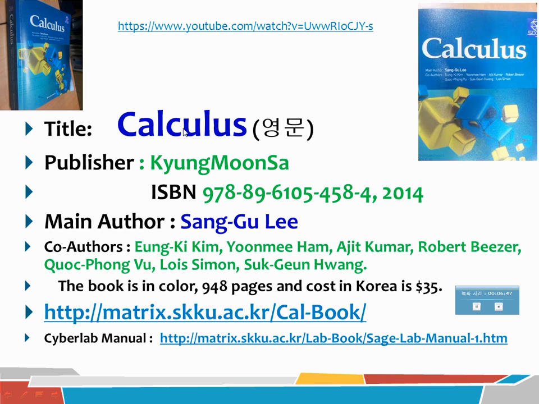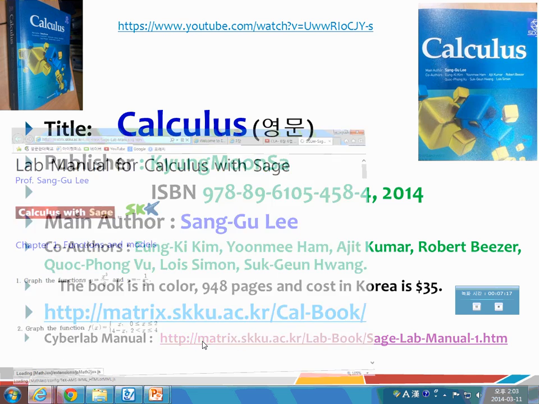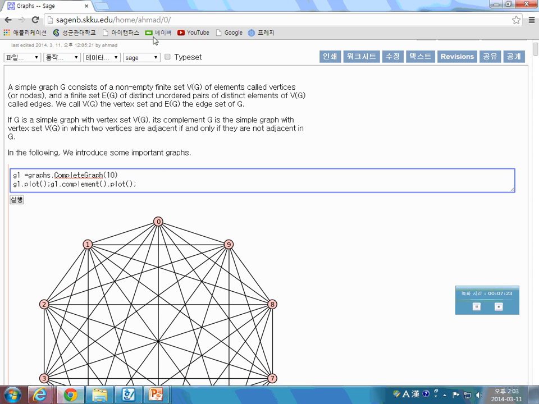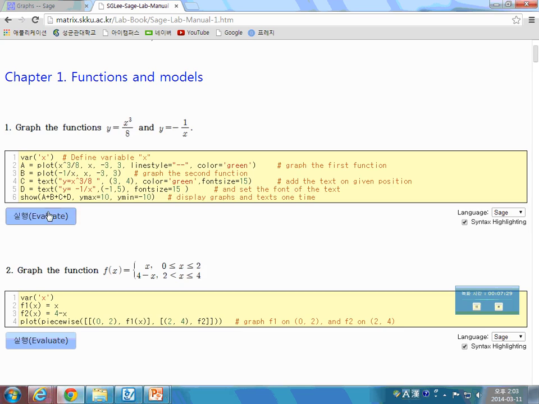Also, I wrote the English calculus book for the first time in Korea. It has a lot of QR codes, and most of the code for the computations and simulations is given in this book. I even made manuals for this book. Okay, I will show this. Let's make a copy here and open it in Chrome. And as you see, from chapter 1 to chapter